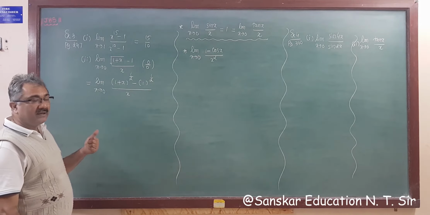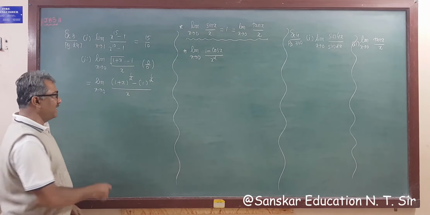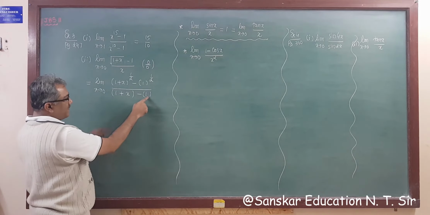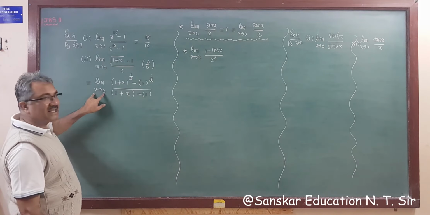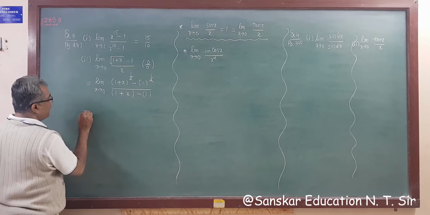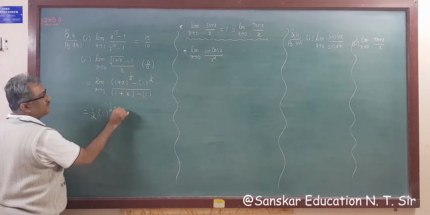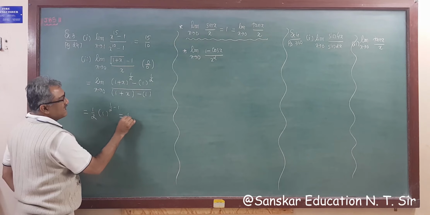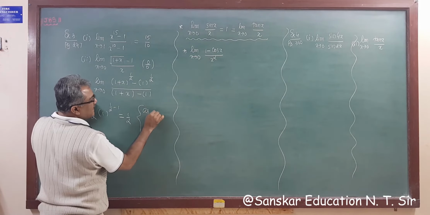Now for the formula we need 1 plus x here and minus 1 also. So adding 1 and subtracting 1: if I add 1 plus x, I am subtracting 1. This 1 cancels, the answer is x. Now the base is the same, and the limit is x tends to 0. But as we discussed, this is your formula. So what is your answer? 1 upon 2, a is 1, so 1 raised to 1 upon 2 minus 1. So 1 raised to any power is 1. So the answer is half. And you have to write for the formula as x tends to 0.